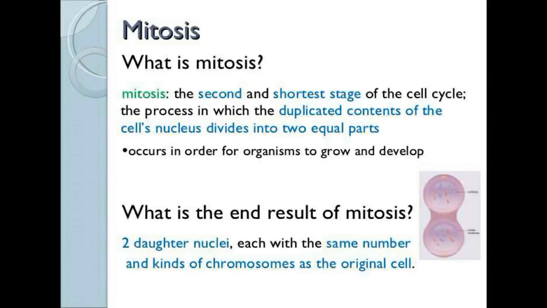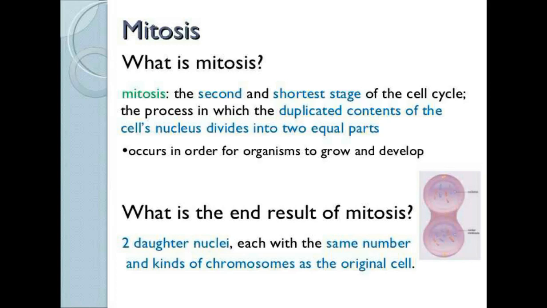Mitosis, the second and shortest stage of the cell cycle, is the process in which the duplicated contents of the cell nucleus are divided into two equal parts, occurring in order for organisms to grow and develop. What is the end result of mitosis? Two daughter nuclei, each with the same number and kinds of chromosomes